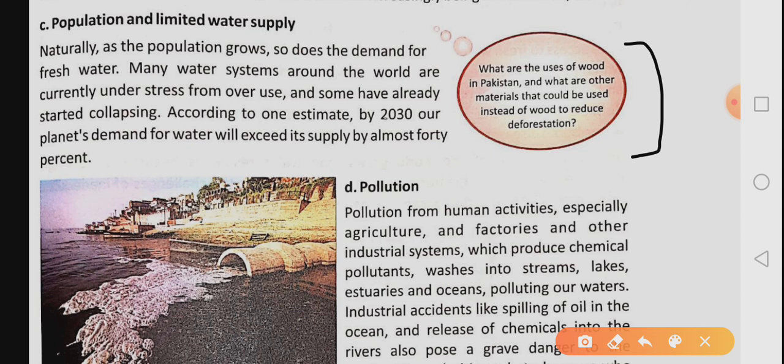Similarly, they use trees to make furniture, buildings, doors, and there are many other uses, like the cupboards in your homes, and so on. Now think of other materials that we can use, so we do not have to cut down our trees, because trees are very important for us. If we cut down our trees, we are making our environment polluted, and we are causing many problems for ourselves.